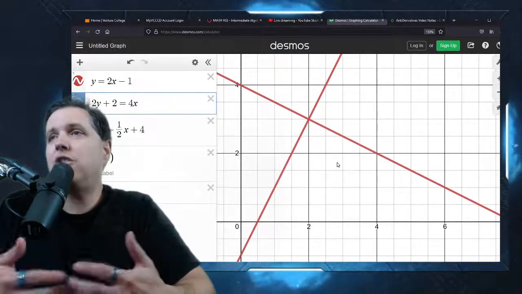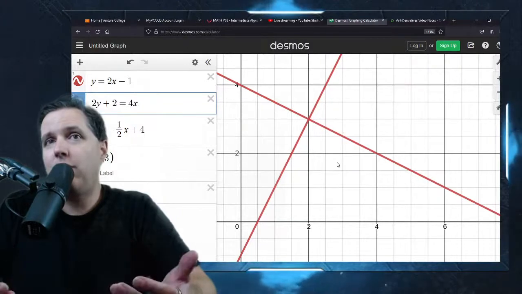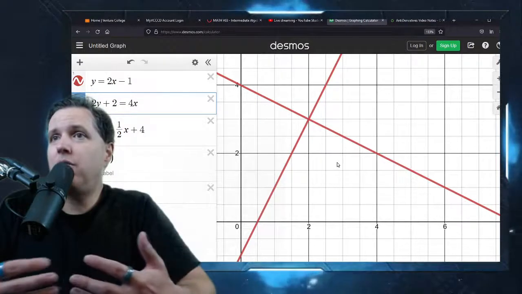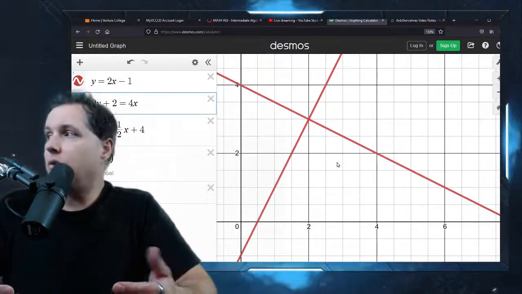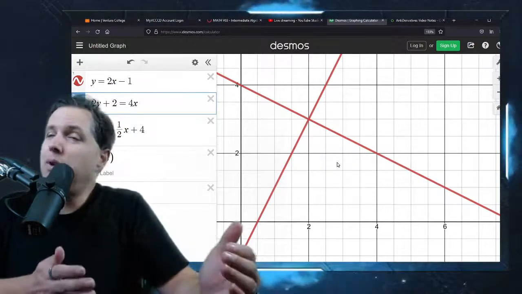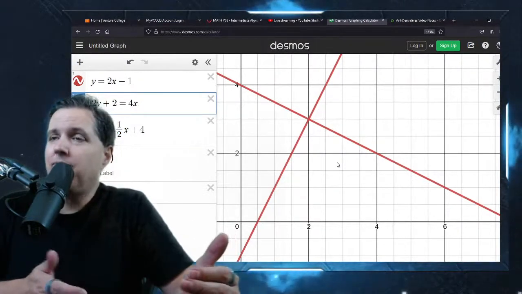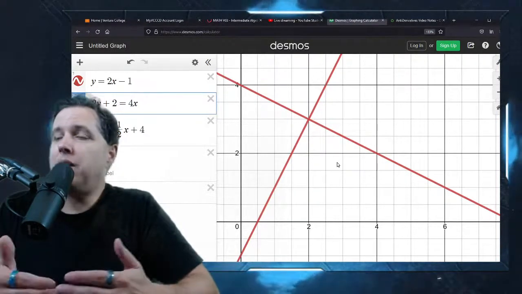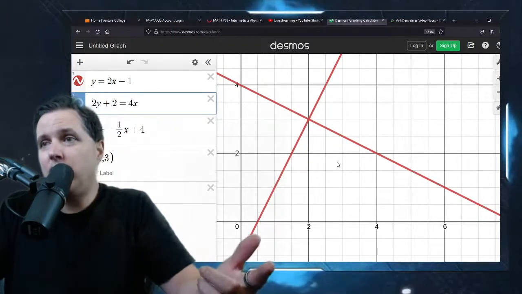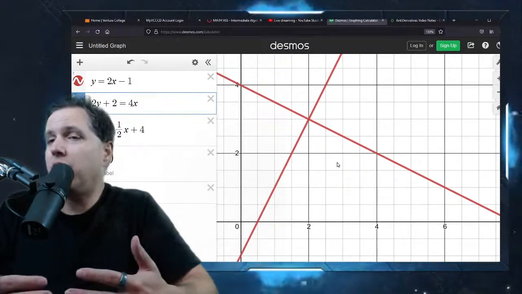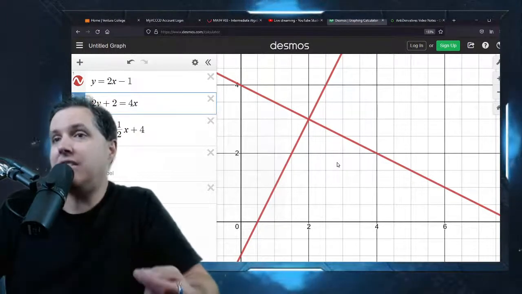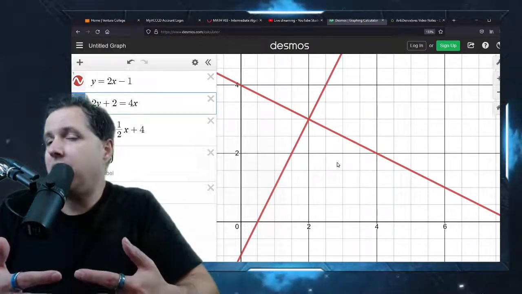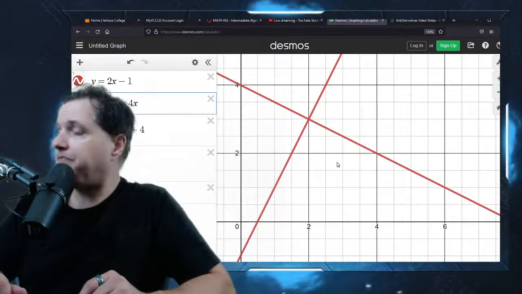But with systems of equations, you actually need to know both ways, for other areas of mathematics that use those 2 methods. But also because we're going to run across some systems of equations where you go, oh, this is going to be way easier with the substitution method. And you're going to find some where you go, this is way easier with the elimination method. So being comfortable with both will allow you to do the systems of equations in the easiest way that you can. Why would you want to do it the hard way when you could do it a much easier way? You wouldn't. You'd want to do it the simpler way.